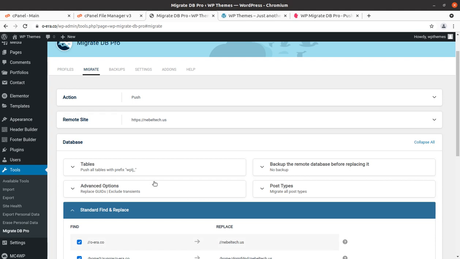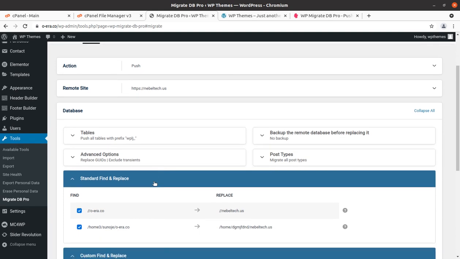Okay, and find, okay, so it is something like what I am getting confused. In fact, it is standard file and replace, find and replace with this.